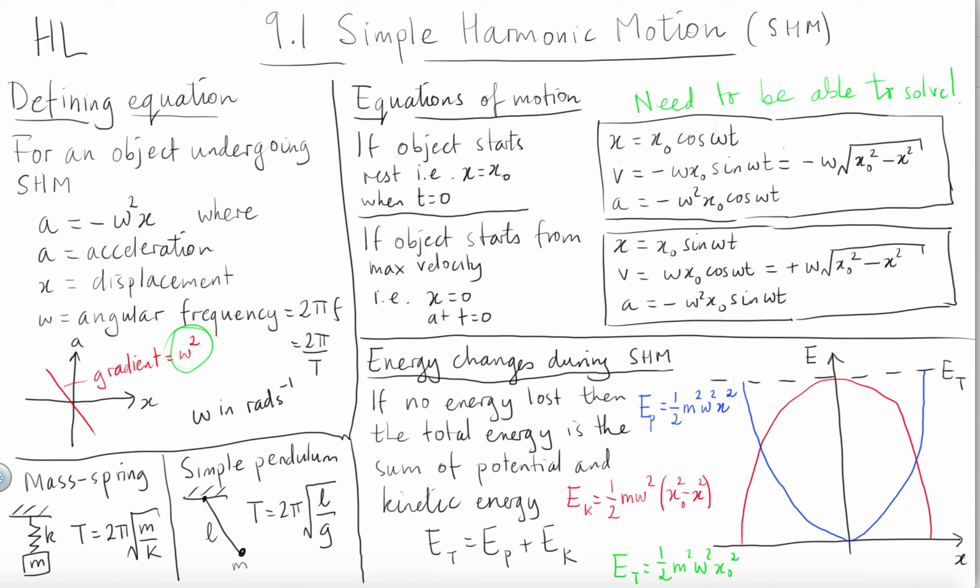So now for the higher level simple harmonic motion, you have to be able to solve problems using the equations of motion, not only the graphs of motion. And there are two sets of equations which you have to know about. One is if the object starts at rest, i.e. from its maximum displacement at time 0, in which case the displacement x is x0, which is the initial displacement or amplitude,